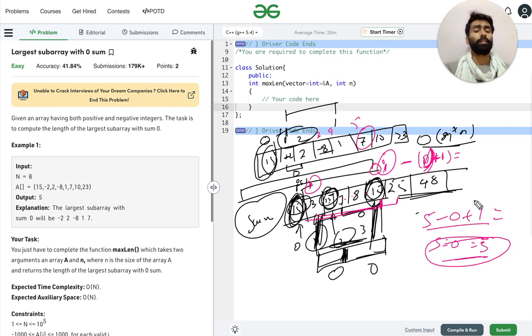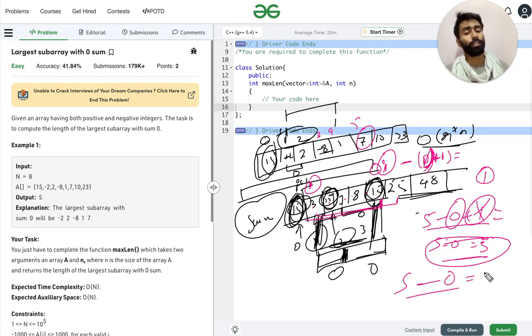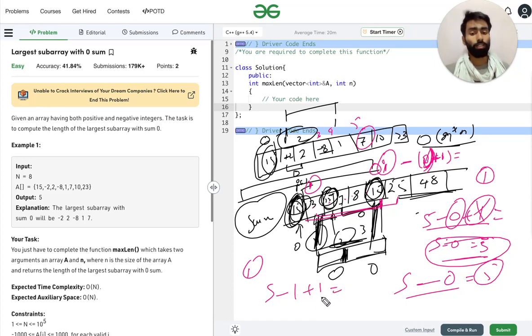I thought that it was initialized with 1, that's why I added 1, but it is initialized with 0, so there is no need to add that 1. So we can just subtract the last time where we are getting the sum and the first time where we got it, if the array is 0 indexed, and in that case we will get the result. And if the array is 1 indexed, that is the starting point is 1, then we will need to do 5 minus 1 plus 1, that is equal to 5. So in both ways we are getting the result.